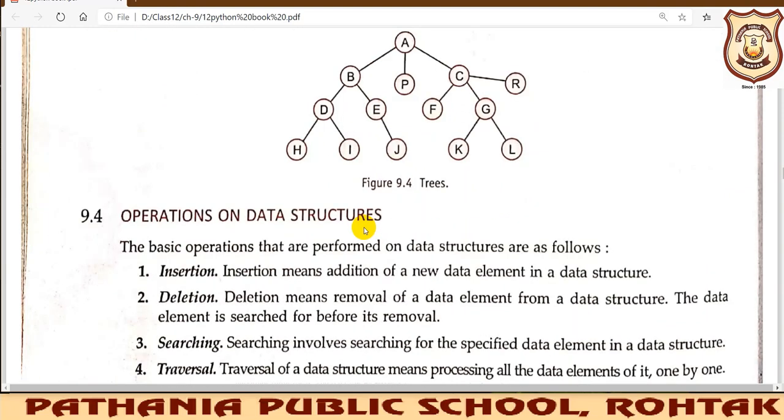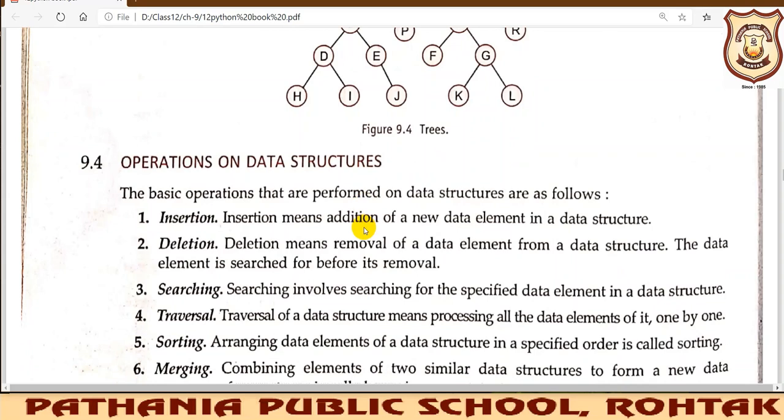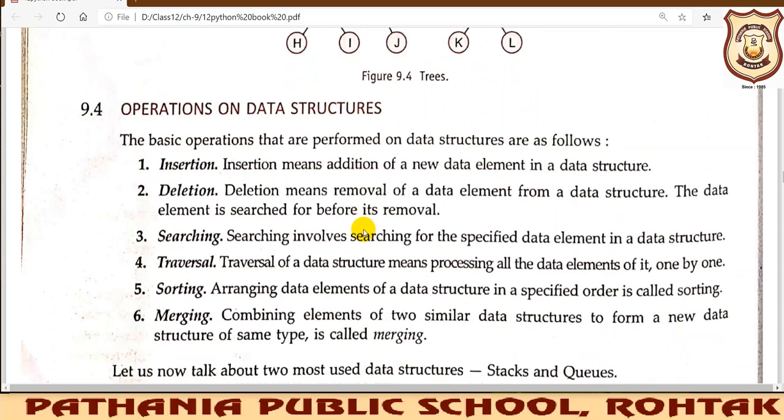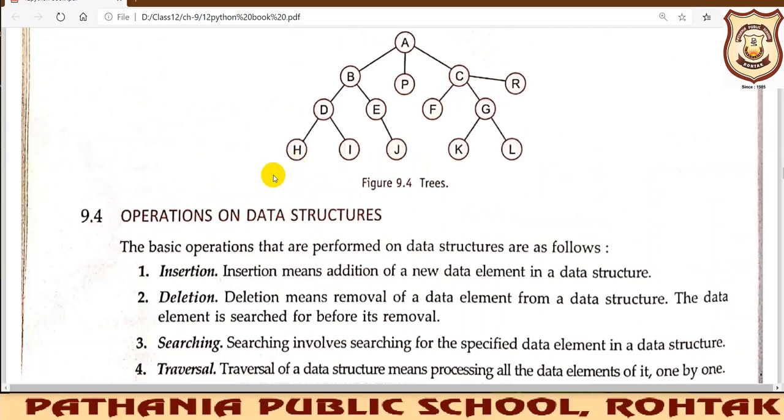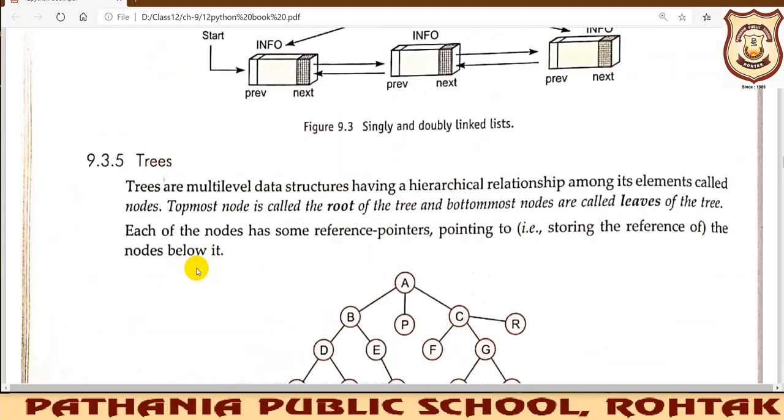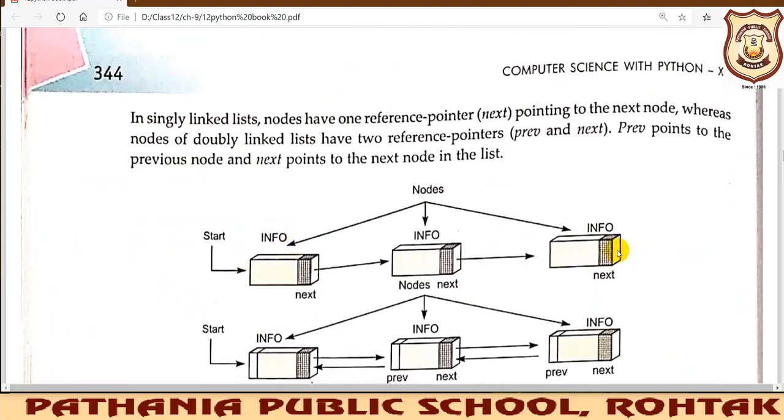Now let us study the operations that we can have on the data structure. Like you have selected stack, queue, linked list, tree, any of the data structures you have selected. What operations we can perform on that particular data structure are: number one, insertion, meaning you can insert data into that data structure, so you can insert a new node at H also, I also, J also. Wherever you want to insert it, you can insert. Similarly, you can insert data in a linked list also. Further, you should give a reference that after diagnosing this patient, the doctor should go to this patient.